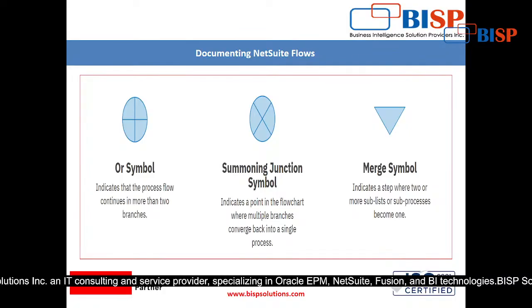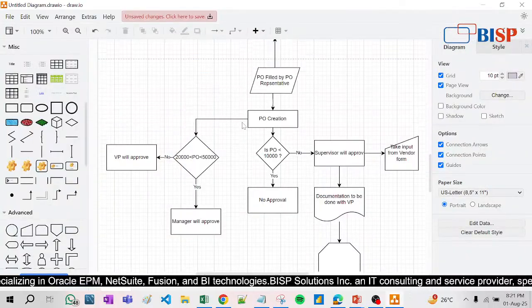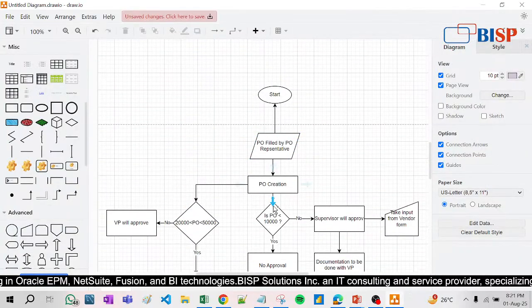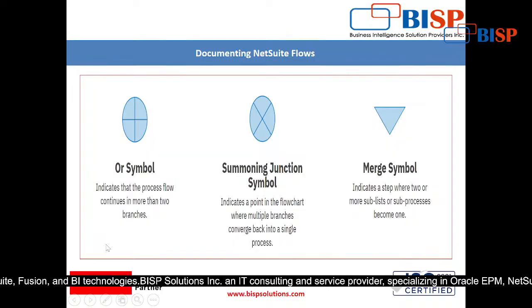So if it is continuing in more than 2 branches, at the same time one process is going on and that document is being processed. Let's take the OR symbol, this or this. Suppose right now we have used this, either this or this. So you can use this type of symbol somewhere in the middle. Okay,